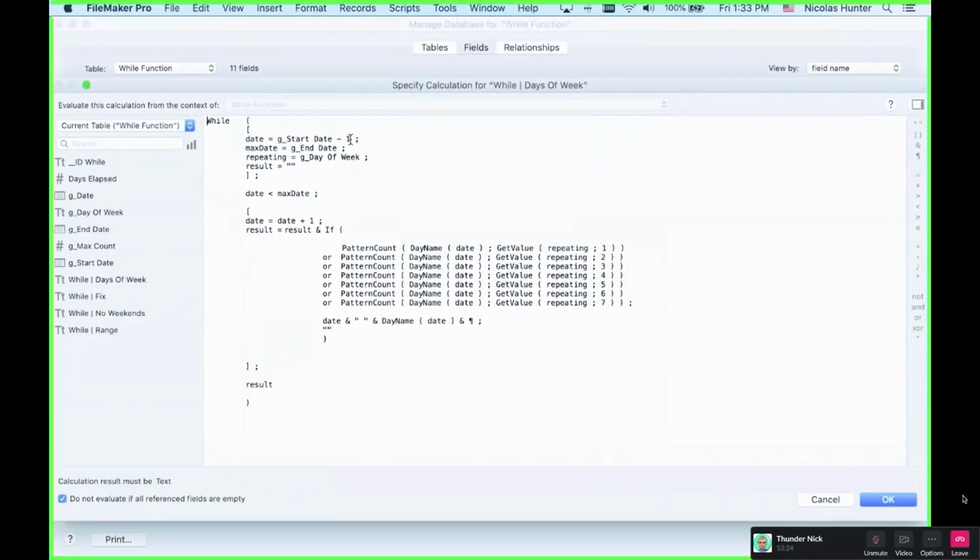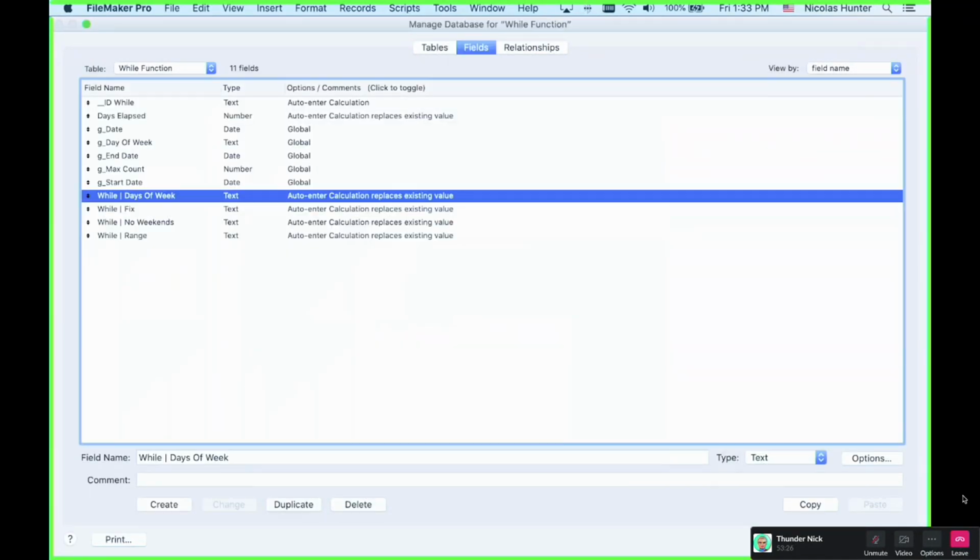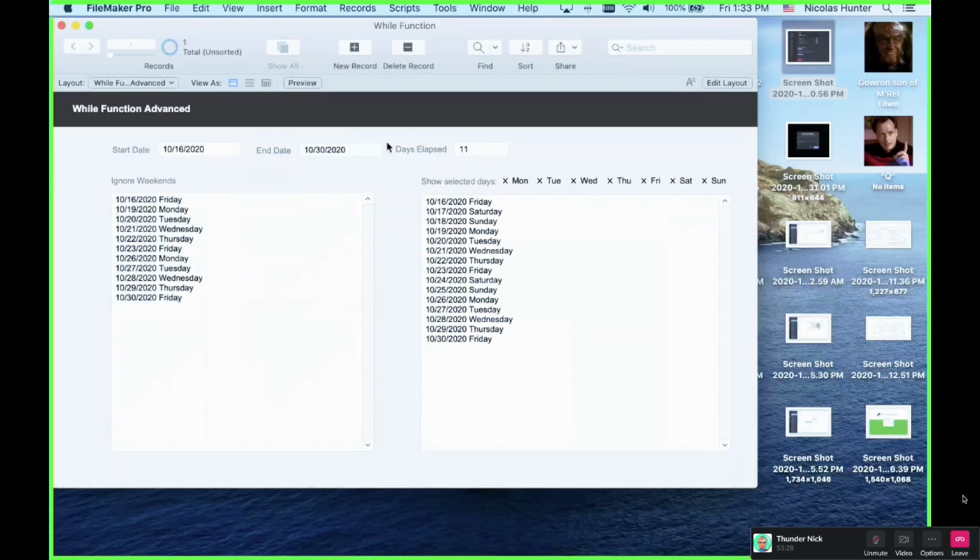Always, if you want to count the actual days, you need to do that. So that is 10 days between those two and those two, and it's true because it would have been 5 days here and 5 days here, 10 days, because it's ignoring the weekend completely, right? So now you have the number of days between two dates